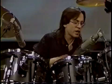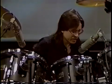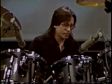Now, the reason I do these little exercises with the 8th notes and 16ths and all the variations, is because it's helpful for me when I'm developing drum beats for songs. And I like to practice, for instance, playing 1 and 3 on the bass drum, 2 and 4 on the snare drum, and finding out what these different figures, the different places I put 16th notes or 8th notes, does to the lope or the feel. For instance,